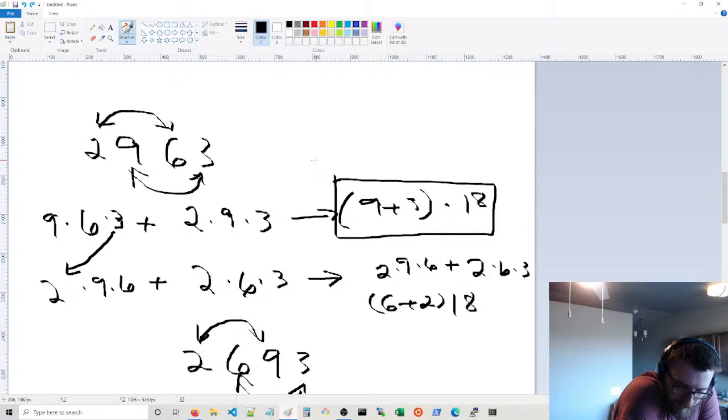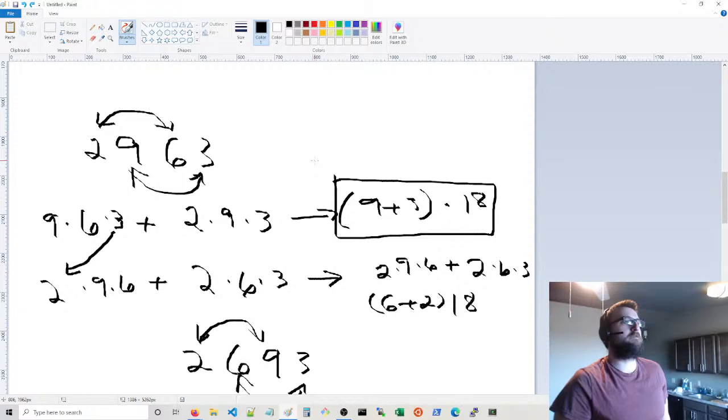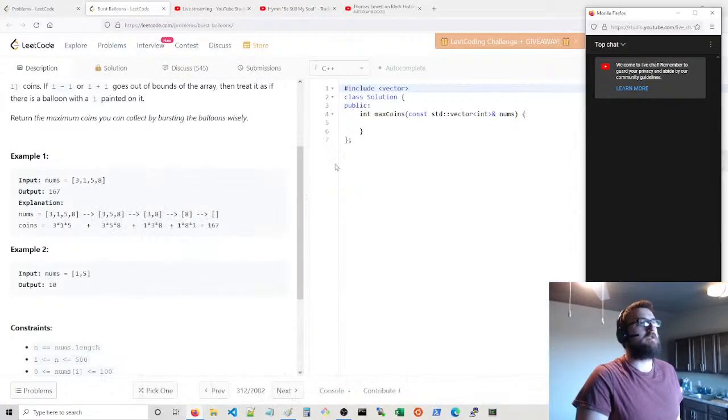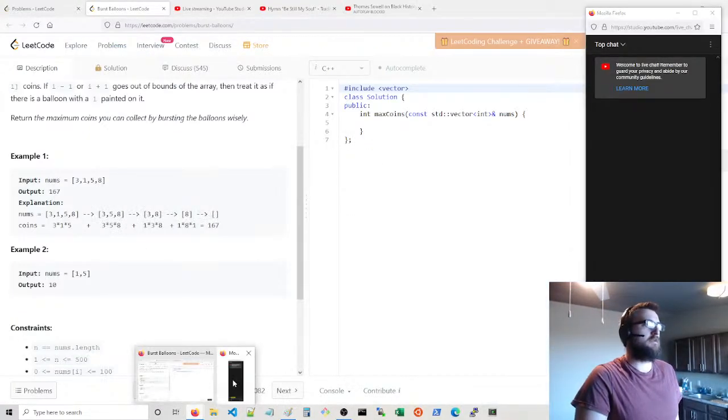It'll pretty much always give you the best possible. I think it's that simple. I think just a really simple, greedy approach is what you need to do. I could be wrong about that, but